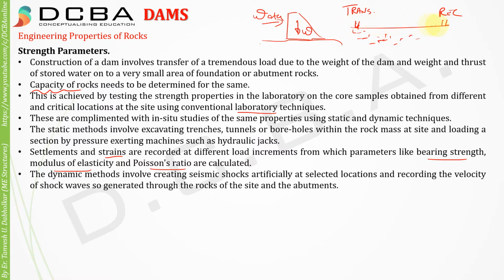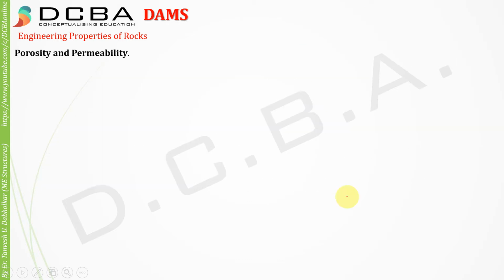The time taken between that travel can be recorded, and you will understand what is the velocity of this shock that traveled through the body of the rock. Knowing the velocity, you can understand how dense that particular rock would be, because we know that the more dense a particular material, the faster will be the propagation velocity through it, right? So from that they have some charts based on the velocity. You can determine whether your condition of the rock is good, whether jointing is there, or how dense it is.